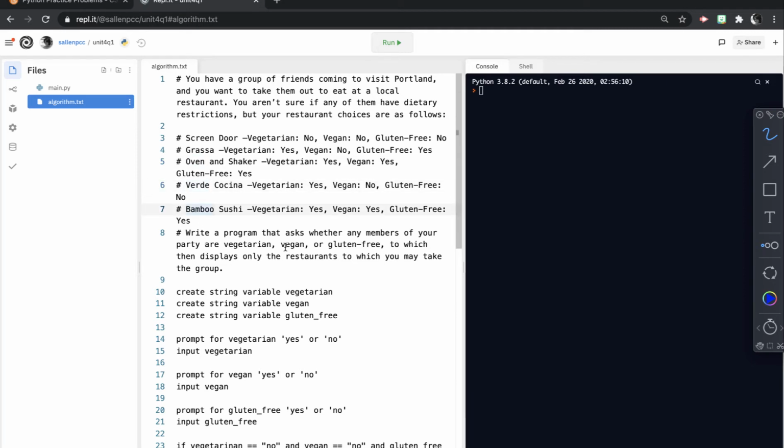We want to write a program that asks whether any members of your party are vegetarian, vegan, or gluten-free, and then only displays those restaurants that you can eat at. When looking at this problem, we are going to be taking in input. We are going to ask the user if there are any vegetarians, any vegans, and any that are gluten-free. So we're going to have 3 input variables,